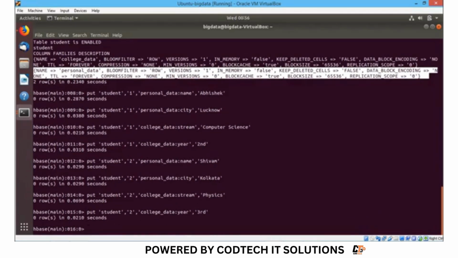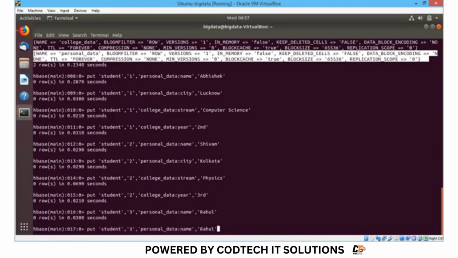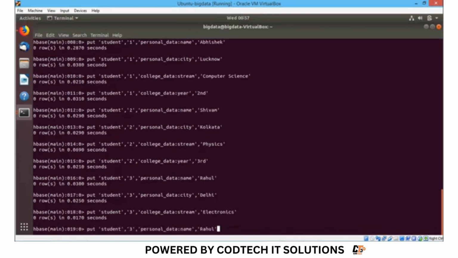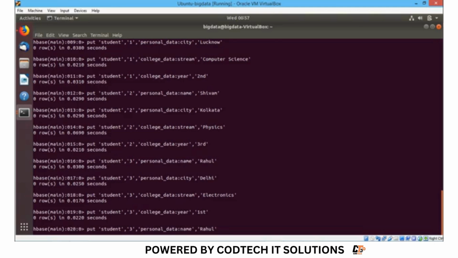Okay, let us go for another one. For the third student, I shall go for city, then I shall go for stream. For the third student, the stream is electronics, and the last one is year. I'm going for the year, and for the third student. Okay, so I have done the entry of this information onto our student